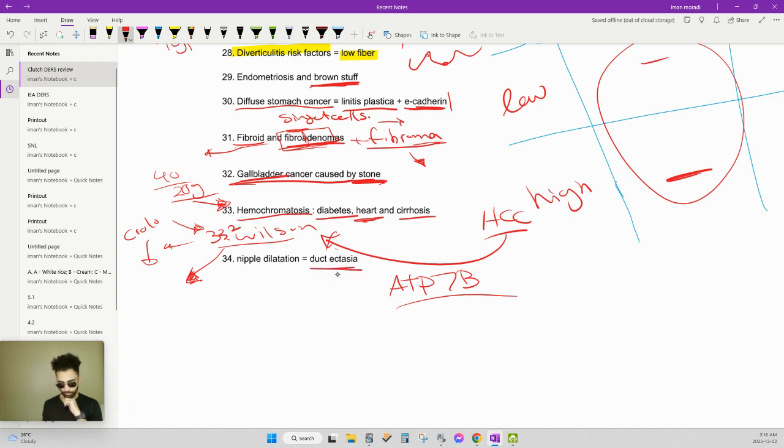Okay, last concept I want to talk about is ductal ectasia. Basically, I just want to say it's associated with dilation of the nipple ducts, and it happens in postmenopausal women who've had multiple children, and it's associated with